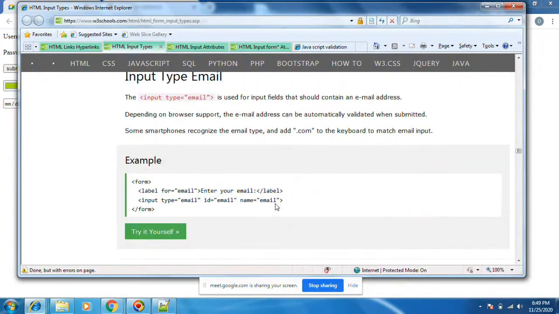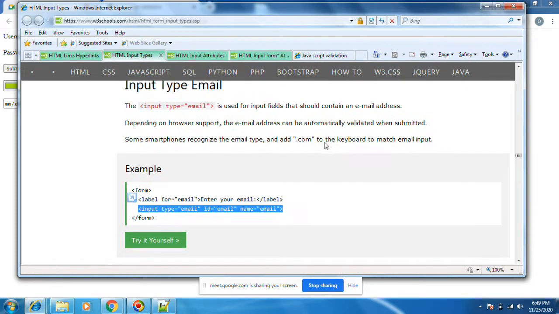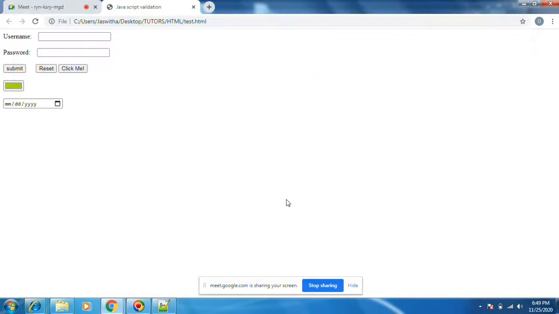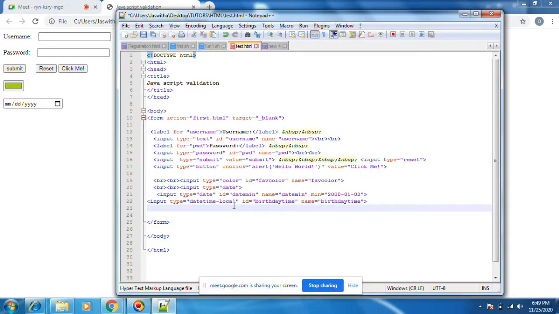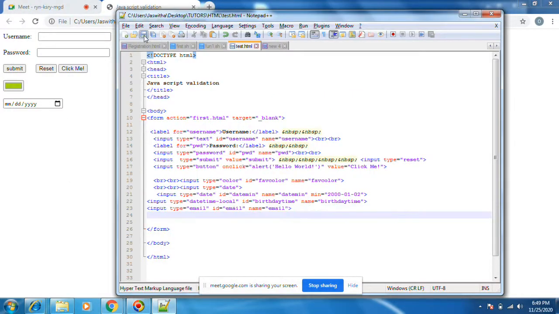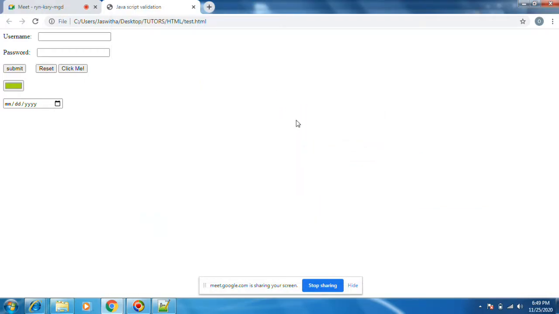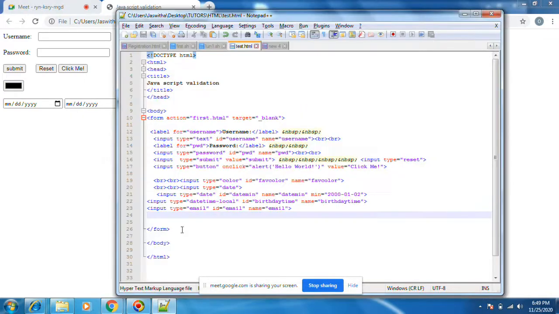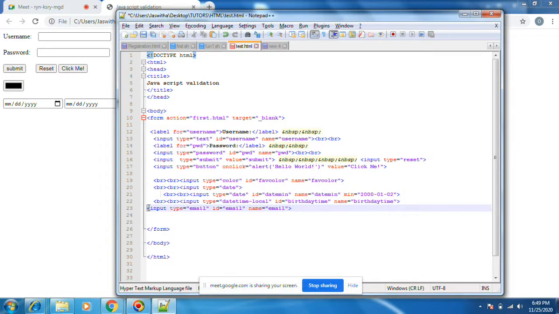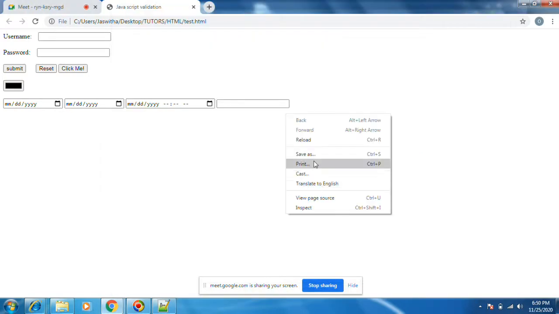Input type equals to email. Email should be something at something dot something, it should match. Okay. Let's do save. Reload.